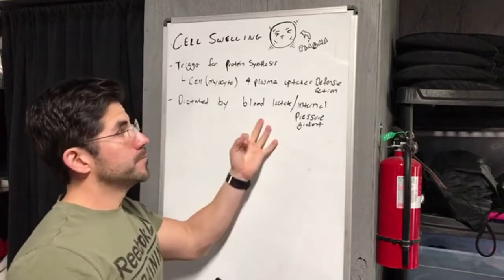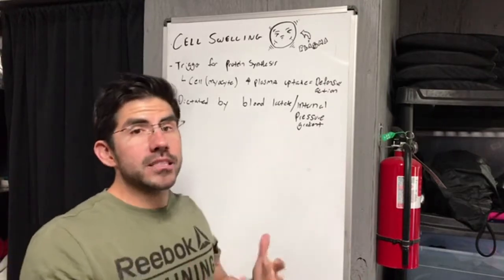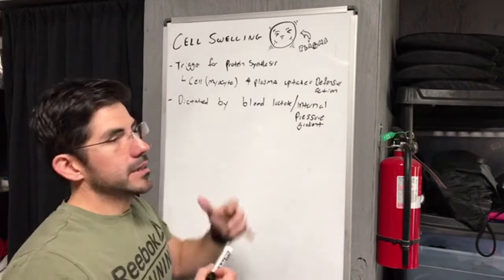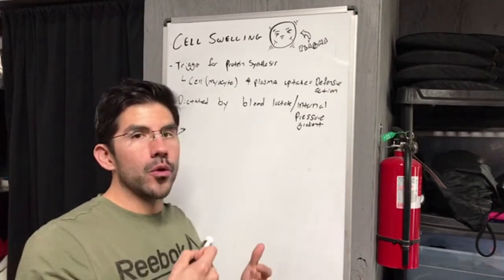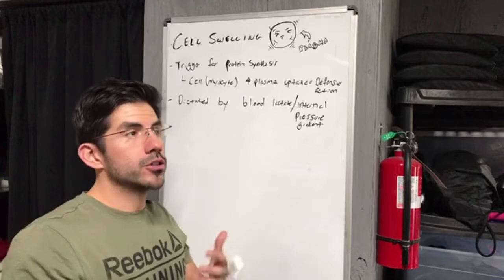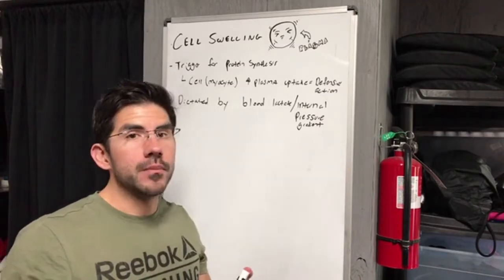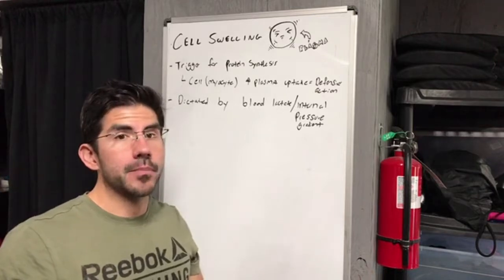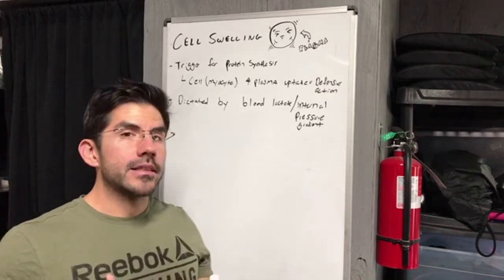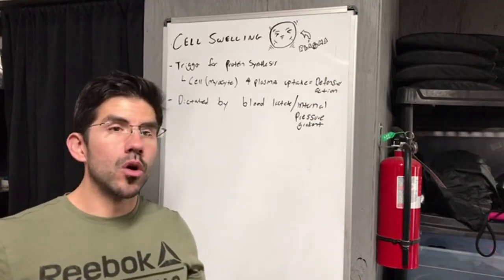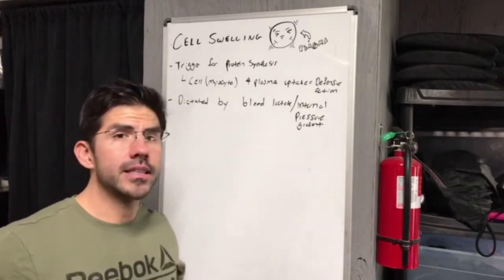But then the last one appears to be more passive in nature, meaning it doesn't require the weight so much so that even just a low oxygen environment will stimulate cell swelling to happen. So if we're looking at this in the scope of blood flow restriction, how does this play a role? Well, in studies that they've looked at